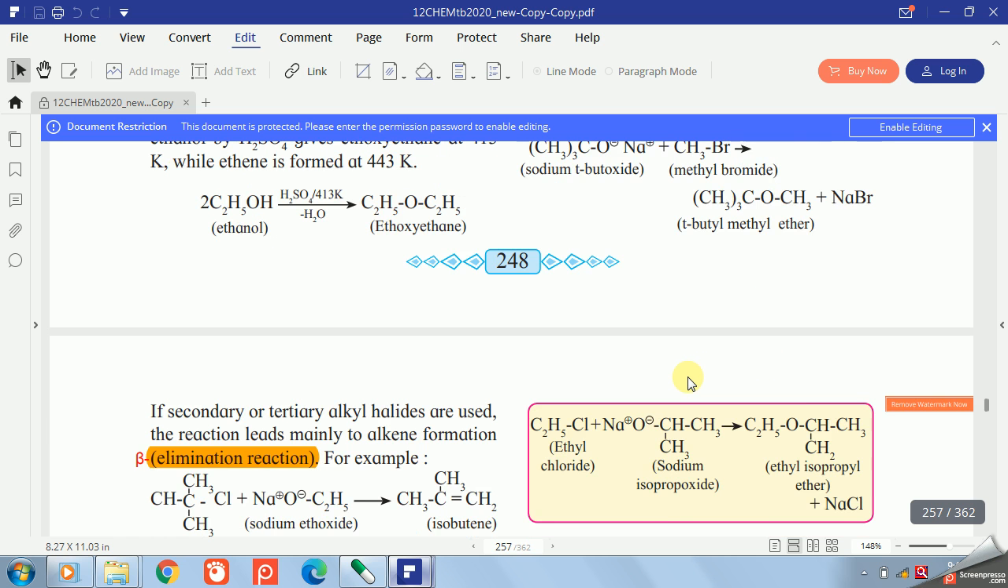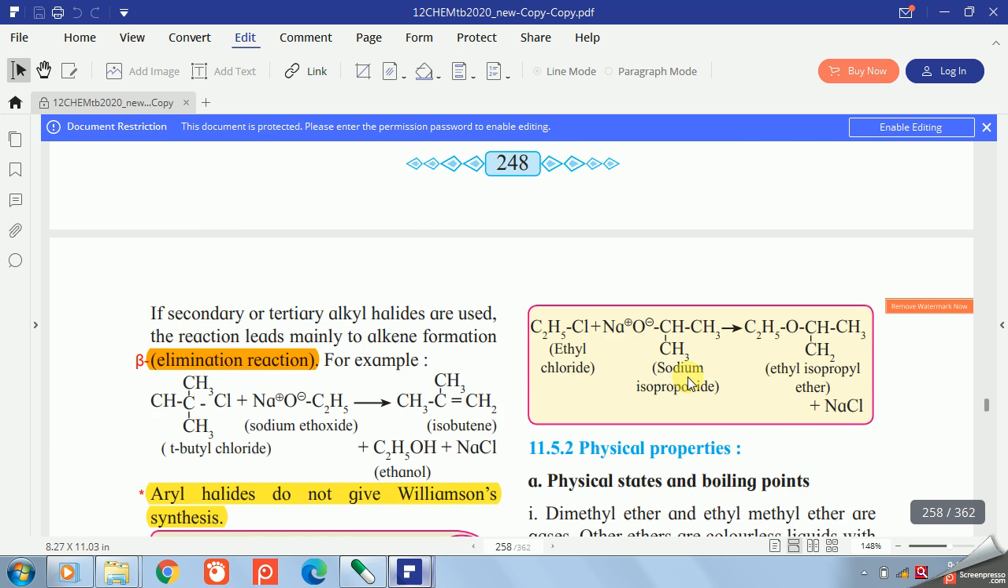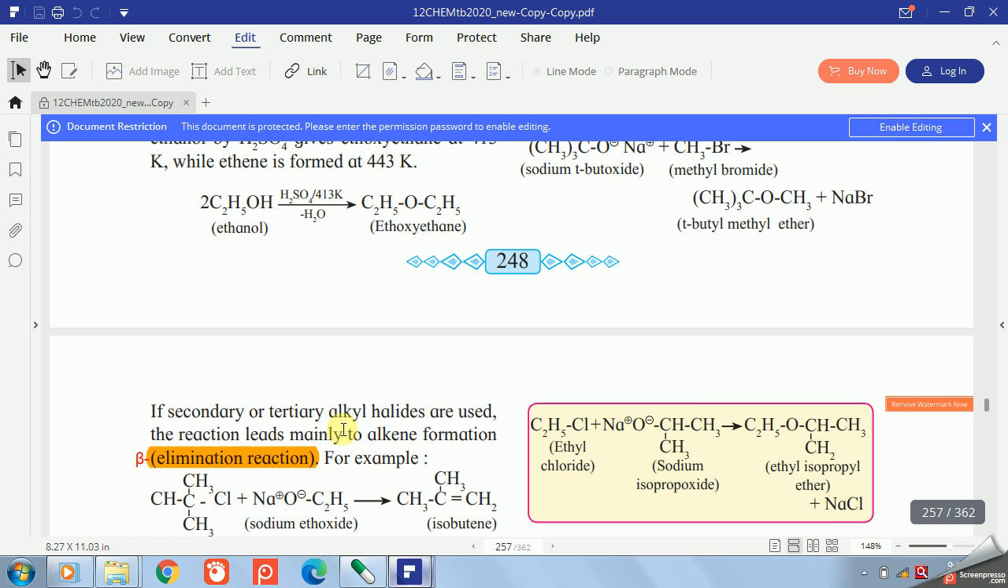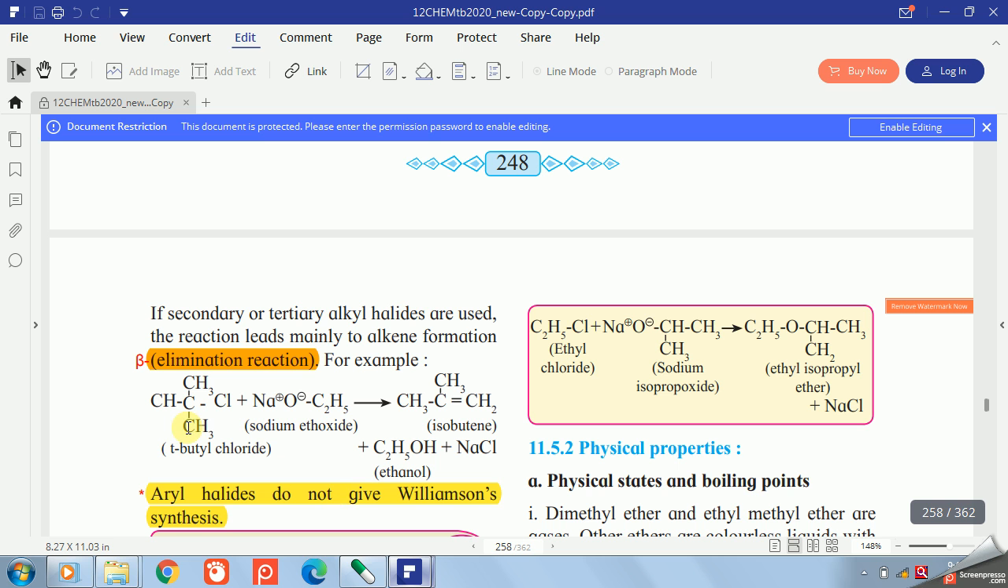Okay, but instead of getting ether, if your alkyl halide is secondary or tertiary alkyl halide, then the reaction leads mainly to alkene, and it is formed by beta elimination reaction. So when your alkyl halide is,